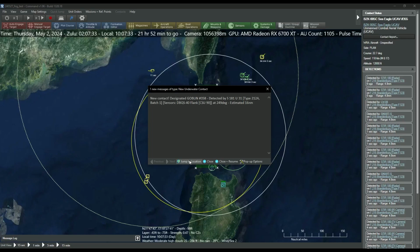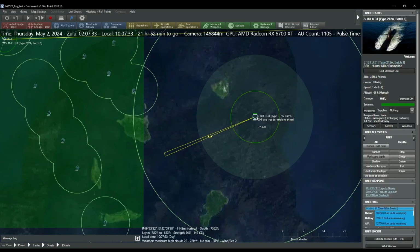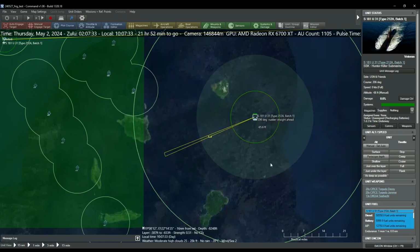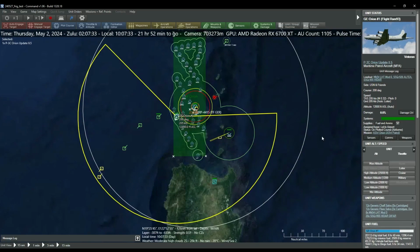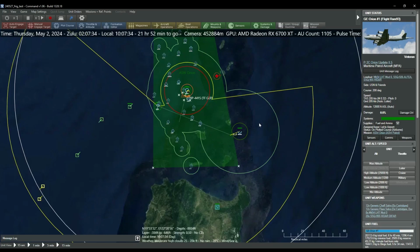And we got a contact. Let's see, where is it? Oh, it's over here. So, okay. Do we still have some fuel on the Orion? Yes, and we also have some more sonar buoys. So we'll just extend the patrol area a little bit, and see if we can...